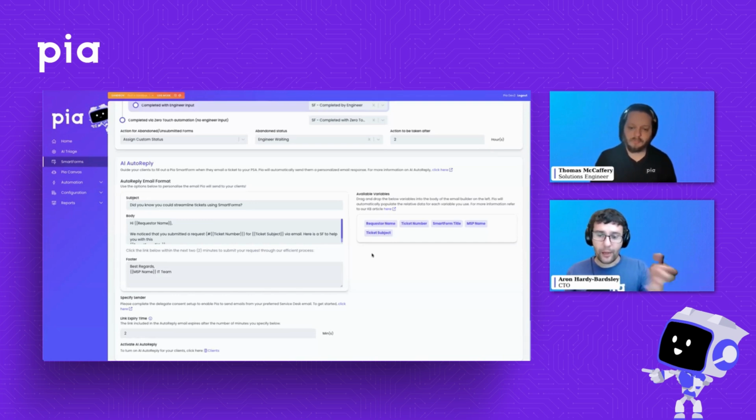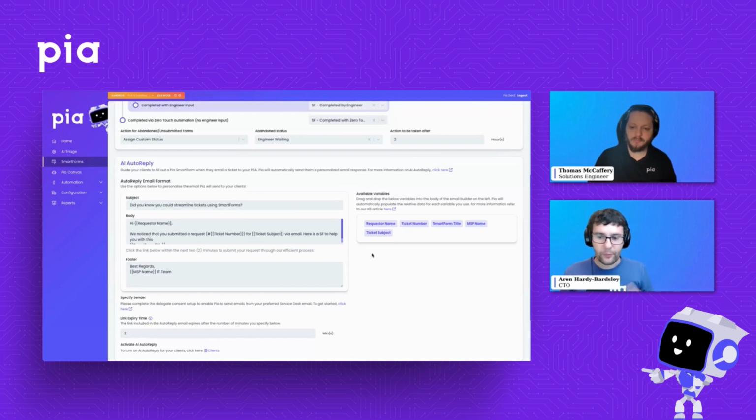So using AI Auto Reply, we're going to send them an email link in response. And this happens within seconds after they send in this email request. After they submit the ticket to you, they'll get a link to open the SmartForm so they can convert their request into a SmartForm ticket. Now, you as an MSP, if you're looking at that ticket in your system, it'll look like magic. Because if someone converts their request into a SmartForm request, SmartForms actually takes over the ticket and Pia starts doing the ticket. Once they've submitted that form, we change the title of the ticket, we change all the values on the ticket, and we start doing the ticket.